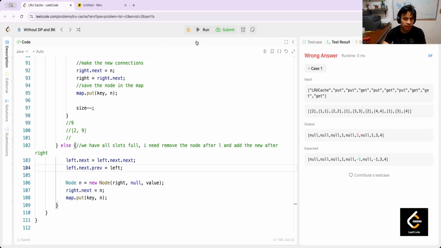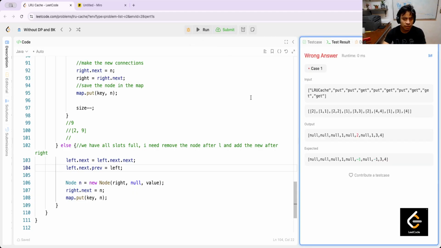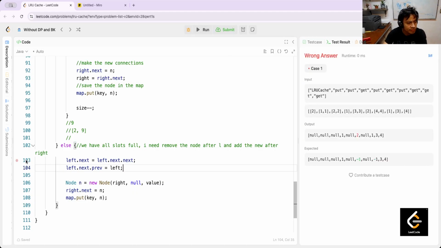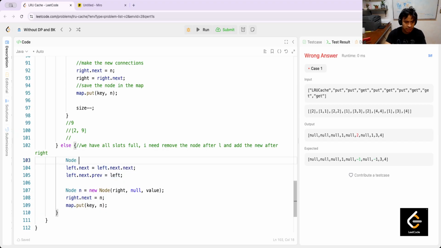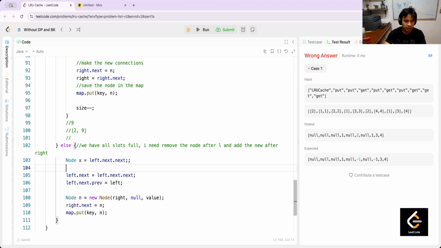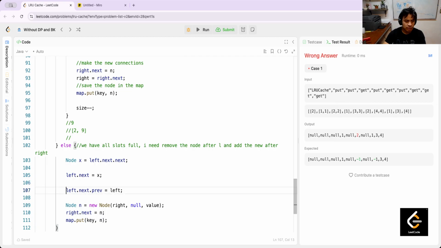Prep is left, left. Okay, I think that I need to save this. Now x equal x. Now prep equal